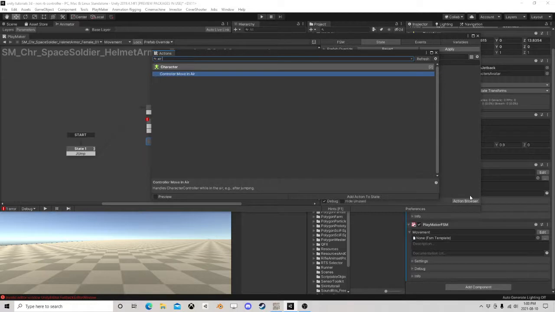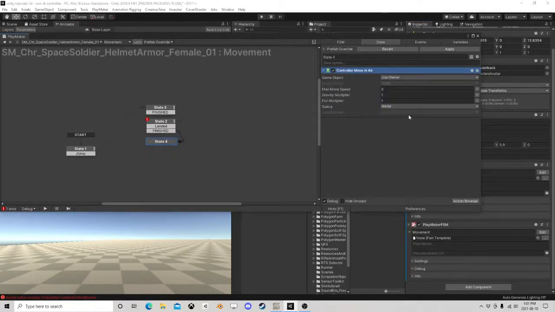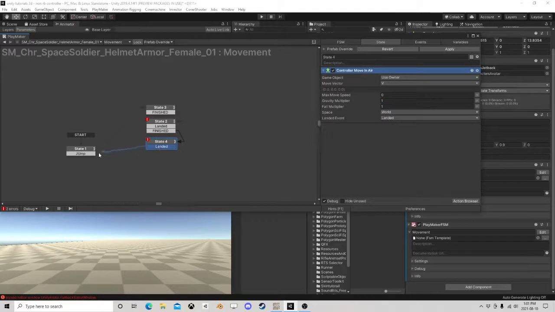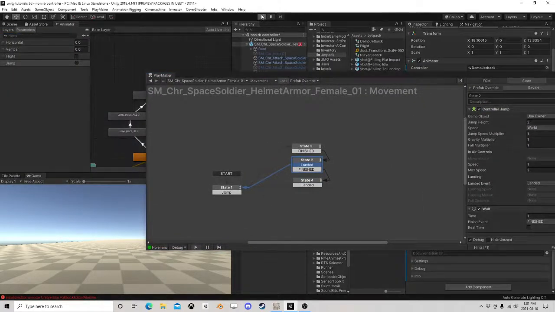So air, move in air, I think it is, yeah, because it has a landed event as well. You can even use the same vector if you want. Right, so then we have something probably a little nicer looking that might need some tweaking,